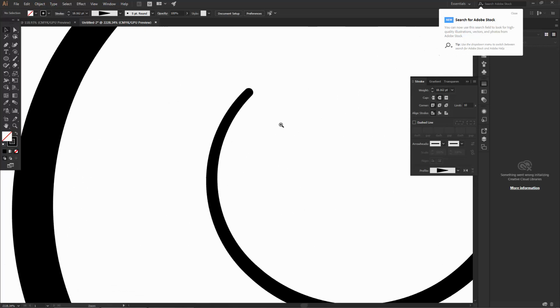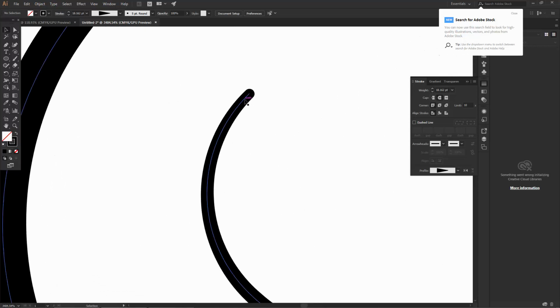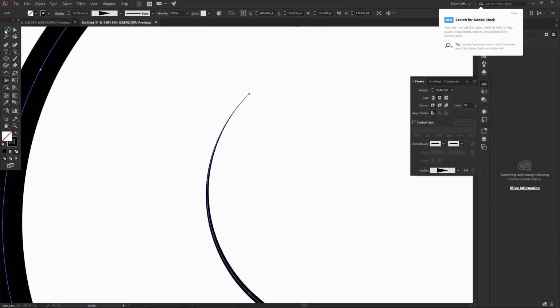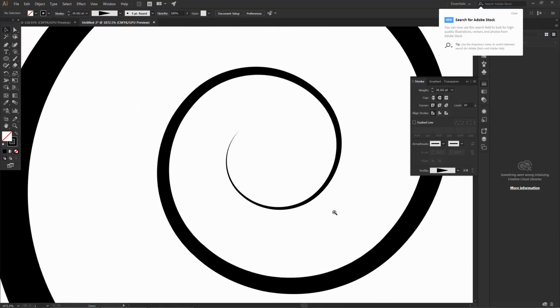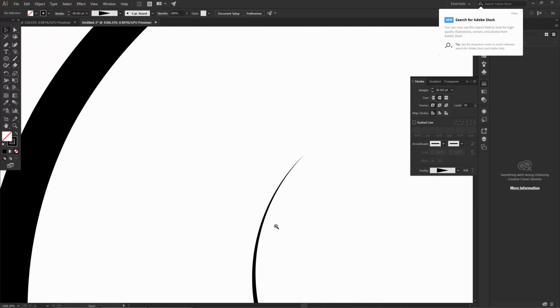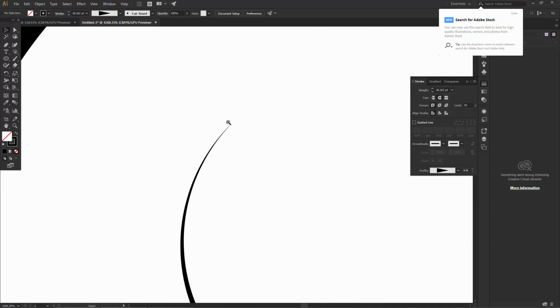If you want to make this sharp, then again select your shape and choose the width tool and click on any of these two points and drag towards inside like this. And now you can see that we have made this sharp line.